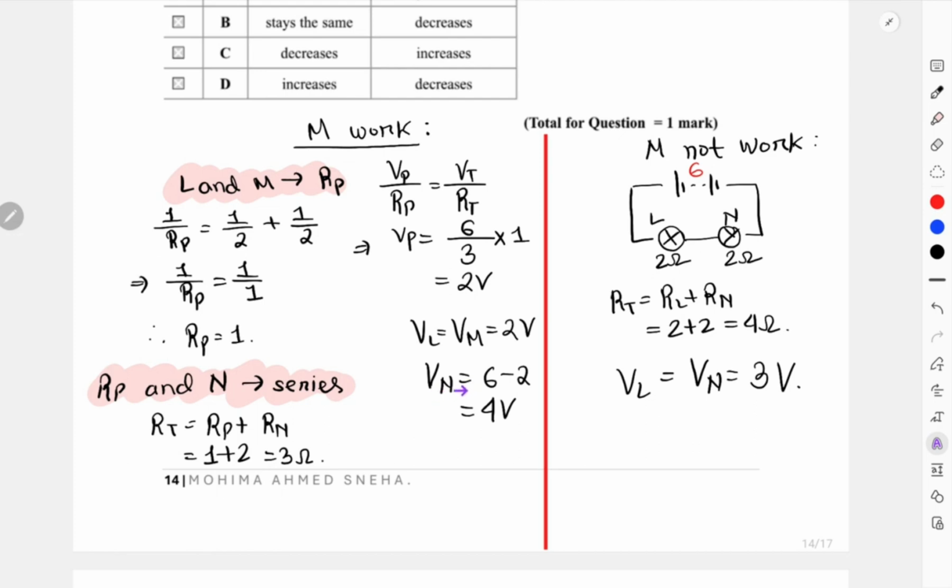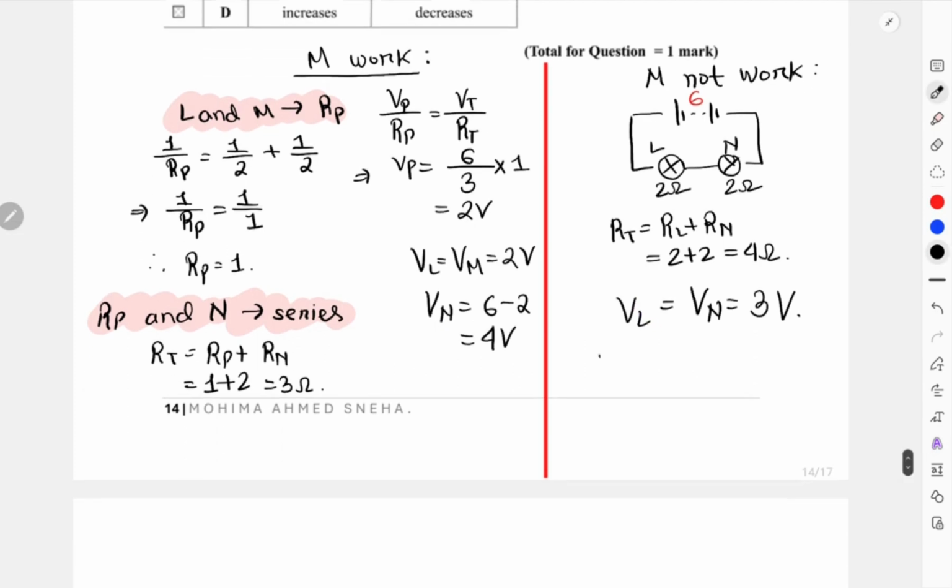So for the component L, voltage increases. But previously voltage of N was 4, voltage of N now is 3. So from 4 to 3, there is a drop in voltage for N. And always remember that voltage is related to brightness, right? So for L, if voltage increases, brightness will increase. For N, if voltage decreases, brightness will decrease, right? So we can write for voltage L